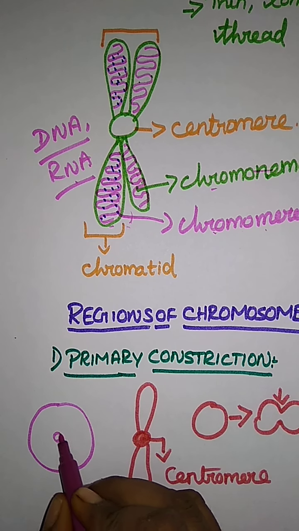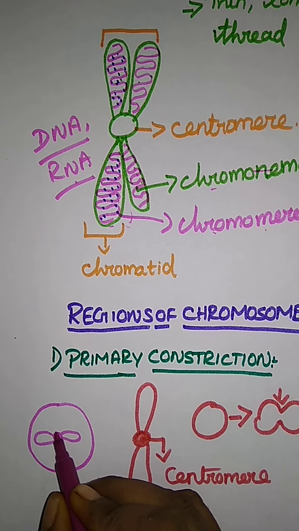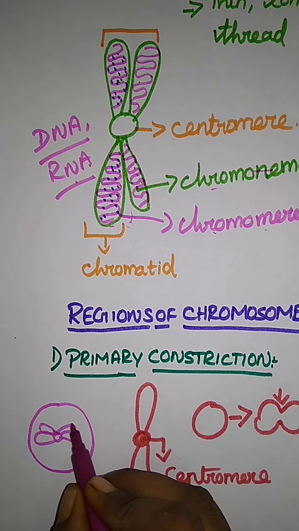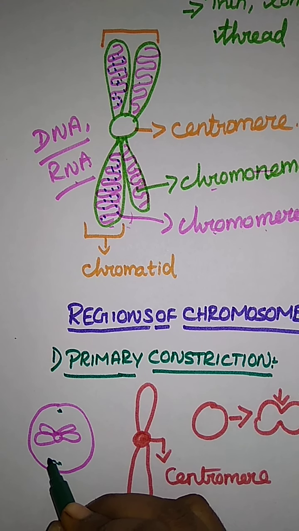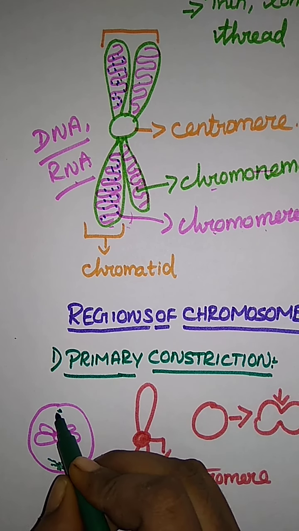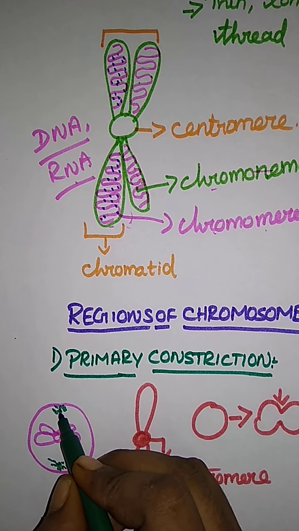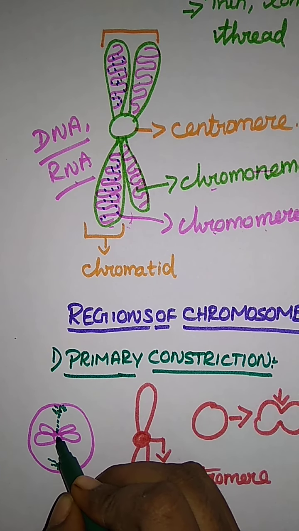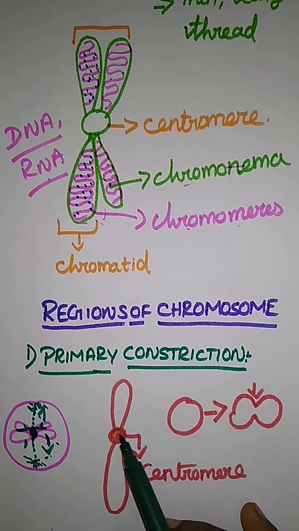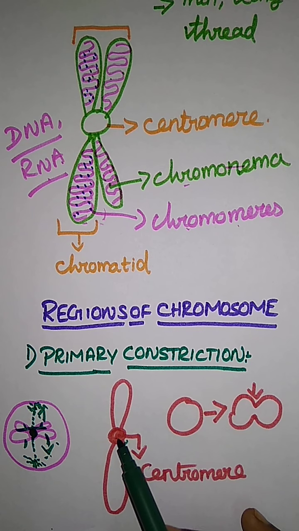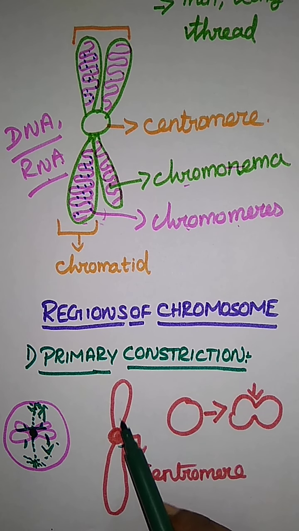Here this is a cell. Here it contains a chromosome. At the time of cell division, what will happen? This is the chromosome. At the time of cell division, they form spindle fibers, right? These are the spindle fibers. At the time of cell division, spindle fibers are attached to the center of the chromosome. Attached at the centromere, they divide it. Will the arms divide in the opposite direction? That is what they said: at the time of cell division, a spindle fiber attached at the centromere makes a separate pair.